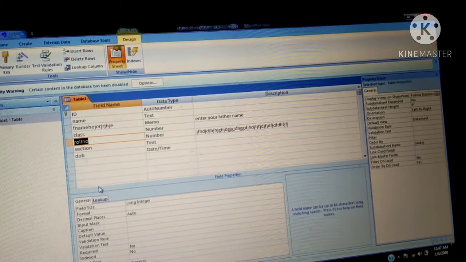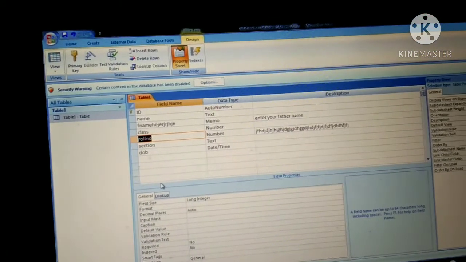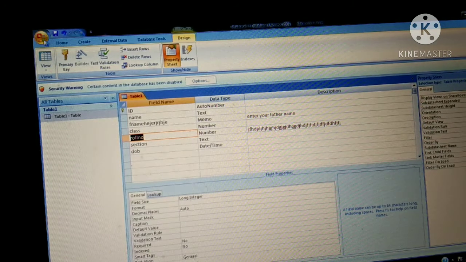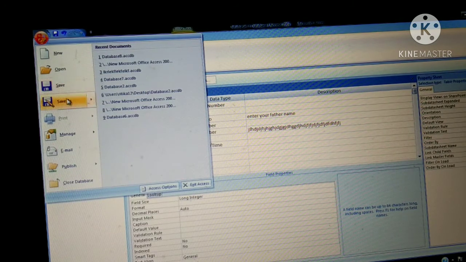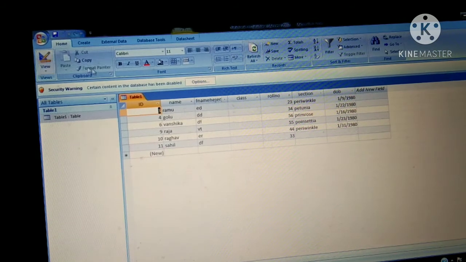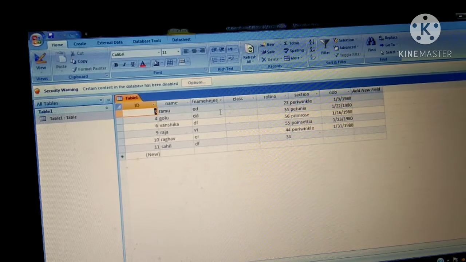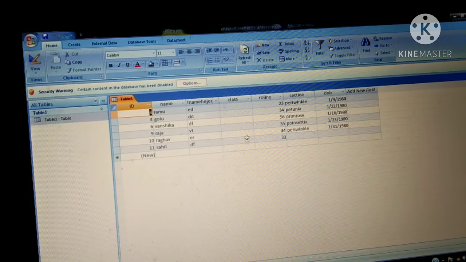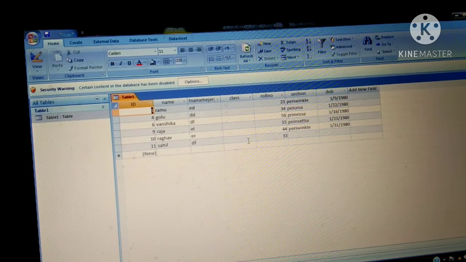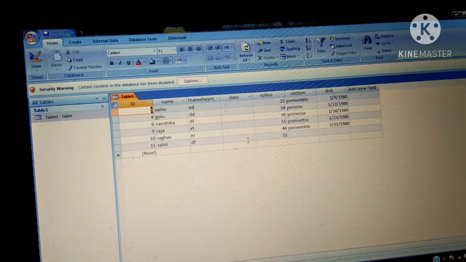Now you will do the save changes in this. For this, doing save changes either from quick access toolbar, from here you will do, or from here office button, from here you will do the save changes. Okay, now it means our changes are saved. So now we are switching on to our data sheet view. Here you will check class field is here. Okay, and your SR number field is deleted from here. So in this manner we can do the editing in the design of the table.